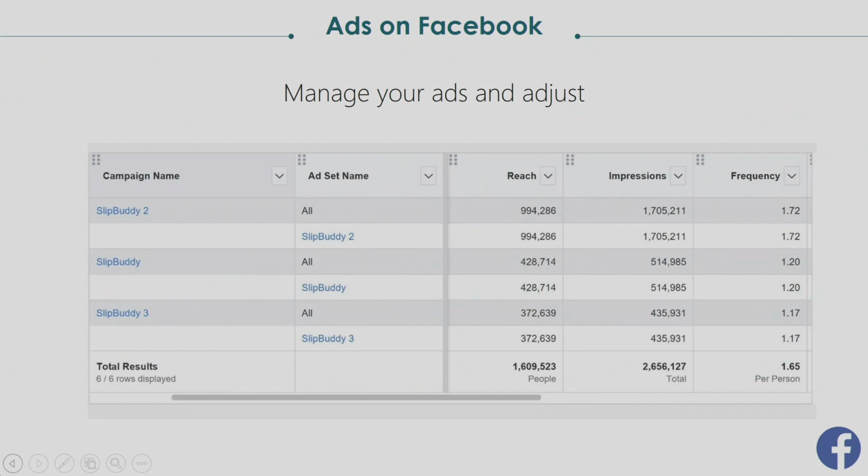So here's an example of what the ad manager looks like on Facebook. So once you set up your ad, Facebook will have this manager section where you can see and edit everything. So you can see like the reach, impressions, frequency, and how much money you've spent. You can also edit and adjust any part of the ad at any point in time with this ad manager. So as you can see here, this is when we were recruiting for one of our studies that we call Slip Buddy. We had 3 different types of ads running, so it showed us the reach, the impressions, and frequency by ad and by overall. So it was really nice to see it in both formats, and it really is good to see it. So if one ad isn't working, or you're spending too much money or not enough money, you can